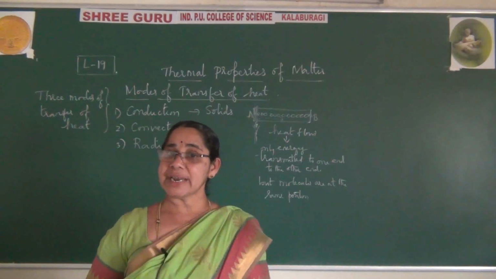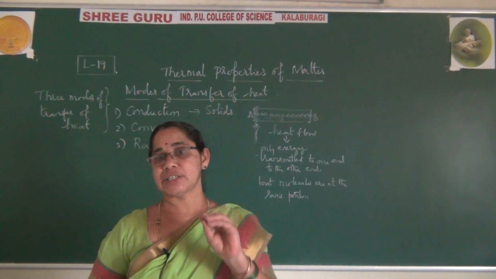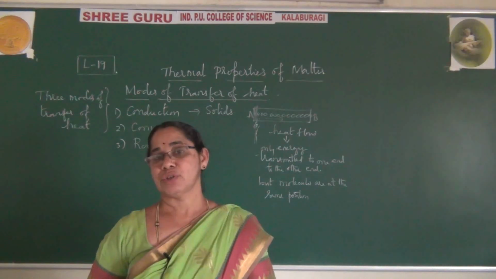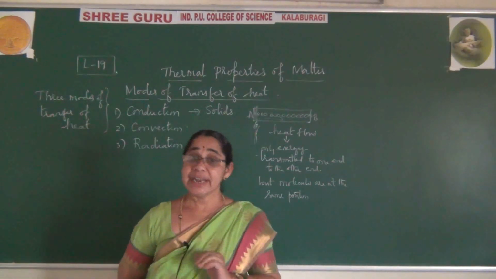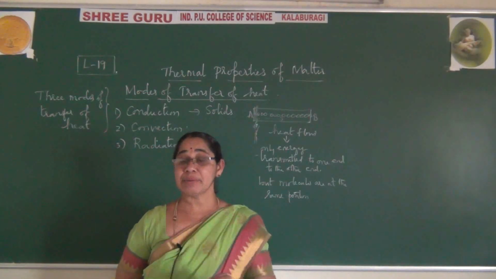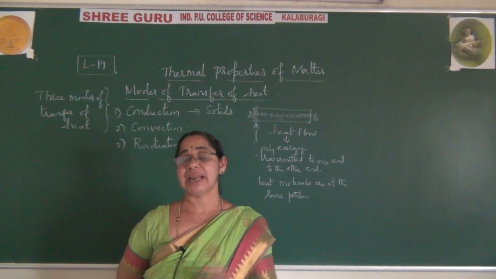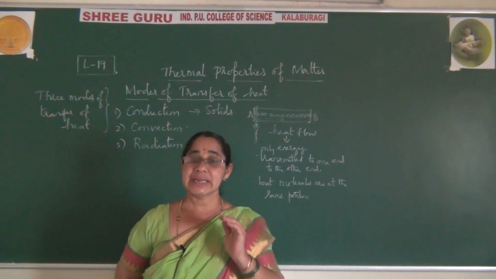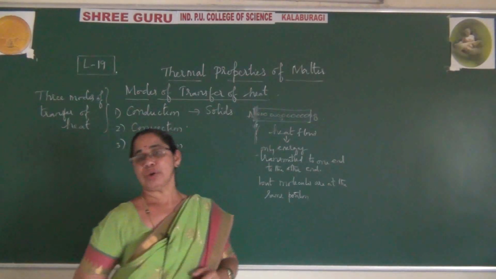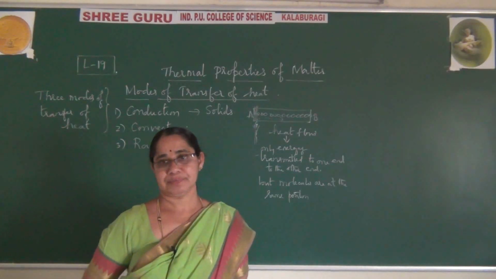Once both ends get the same temperature, naturally it stops flowing. At that time, it has maintained equal temperatures. So heat will flow only from higher temperature to lower temperature. At what time will it be flowing? It will be flowing unless it gains equal temperature, unless both become equal. Unless it gains equal temperature, heat will be flowing from higher level to lower level. This is the method you observe in the conduction process.